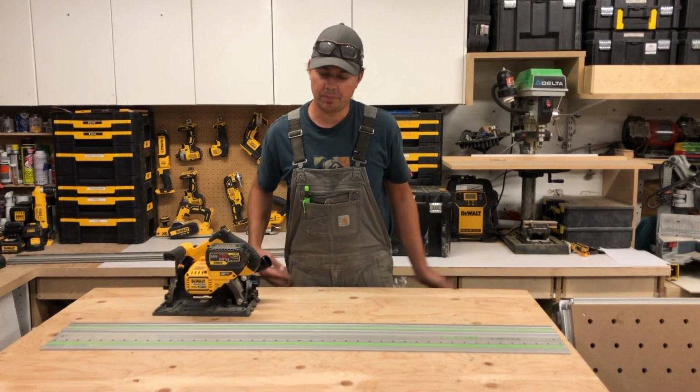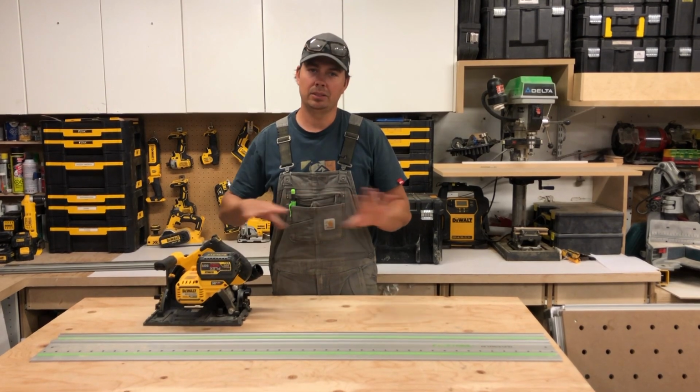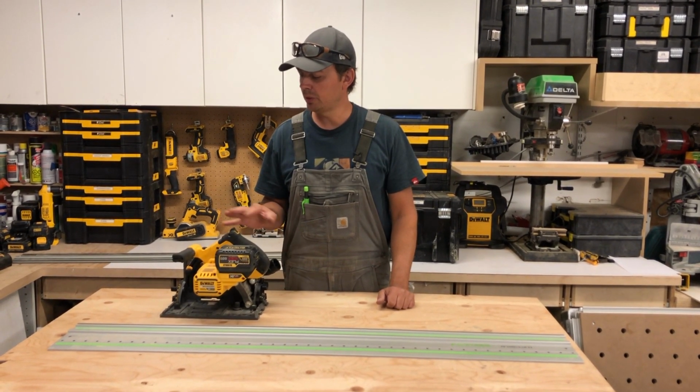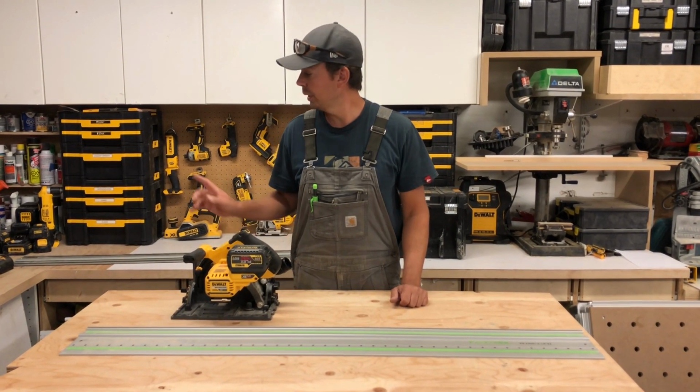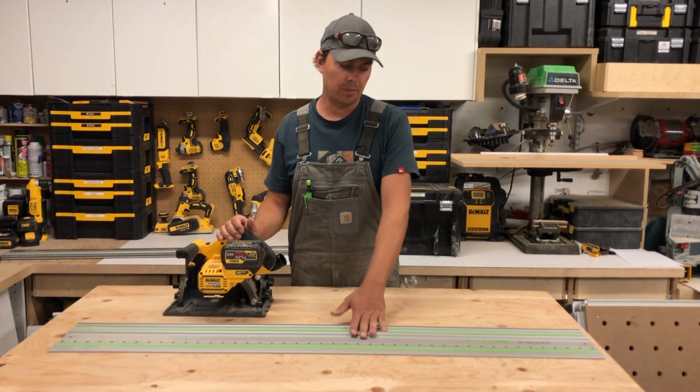They're around $100 or something each. So why not just buy one track and then you've solved all the problems. So I guess what I'll do is I'll do some cuts. I will show you quickly cutting on the old Dewalt track, and then I'll do a couple cuts with the